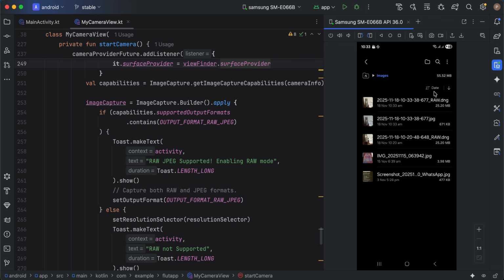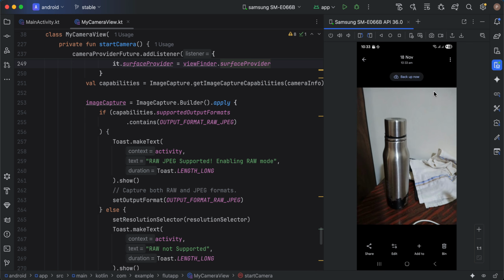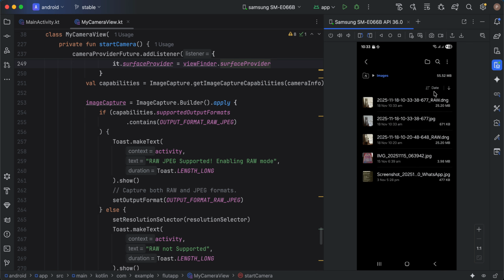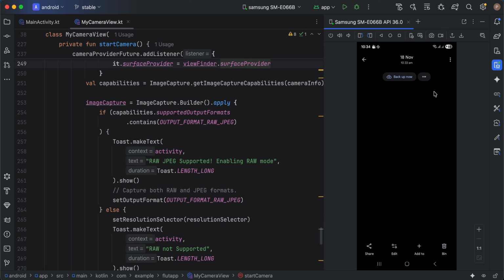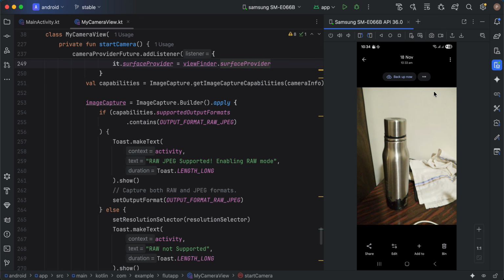Here you can see this is the JPEG image, which loads pretty quickly, and let me show you the raw DNG image as well, which takes a bit of time to load. So here you can see this is the raw DNG image. So yeah, that's all there is to